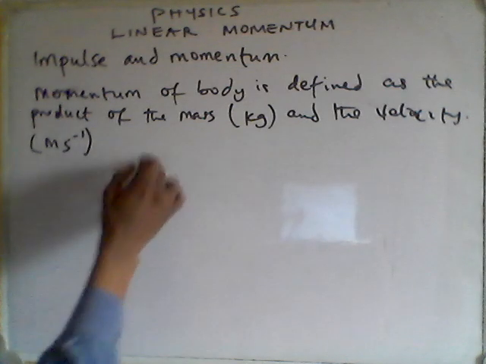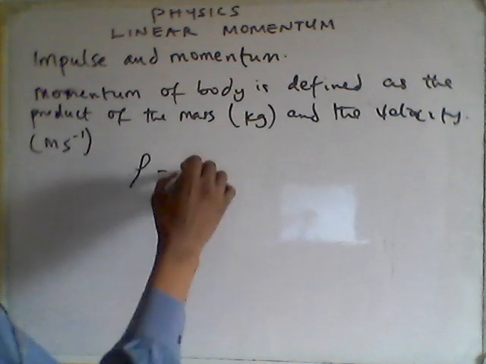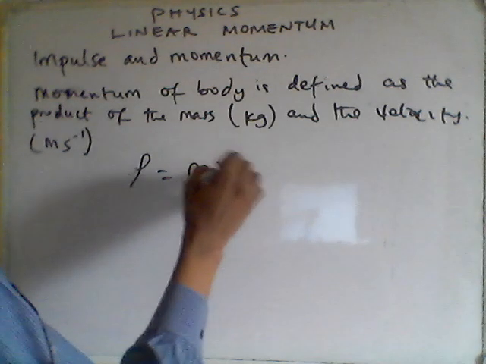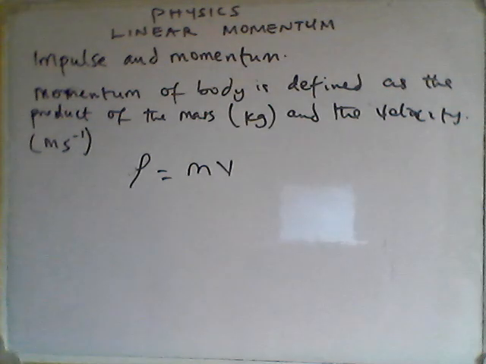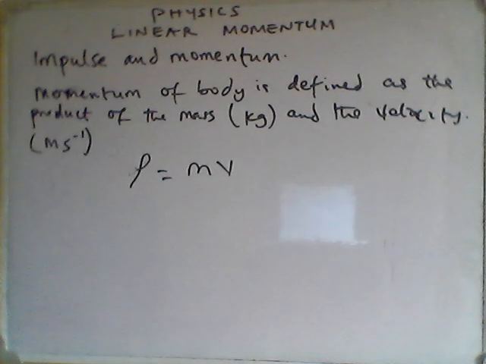So if I have rho as momentum, the formula is m times v, where m is the mass and v is the velocity. A momentum is a vector, so it has magnitude as well as direction. So the direction of momentum, like velocities, is therefore applied